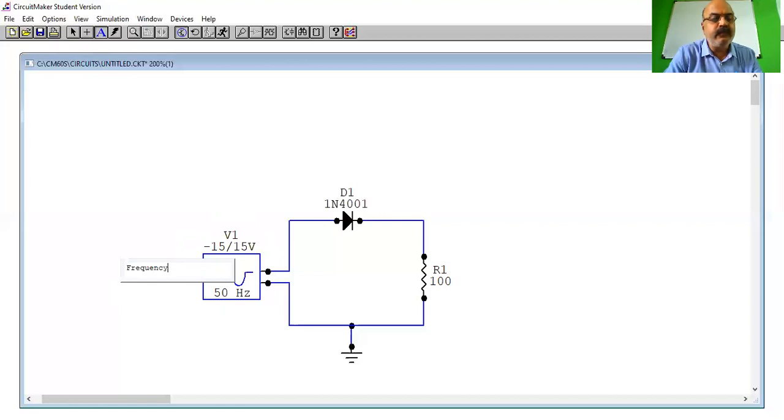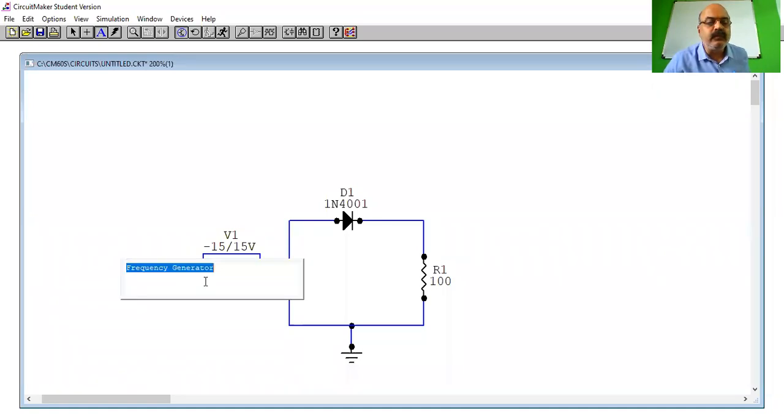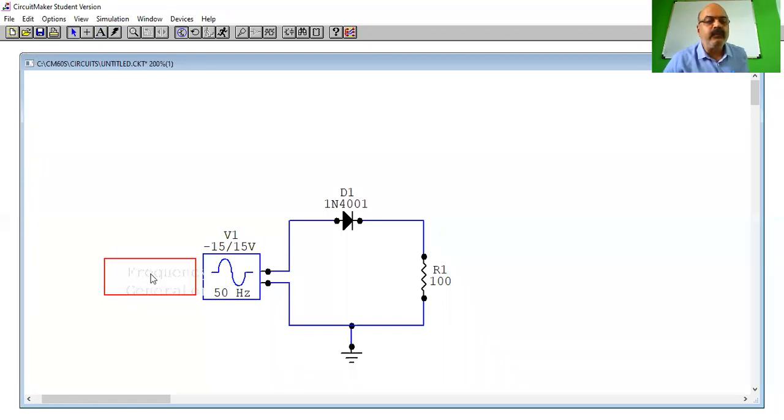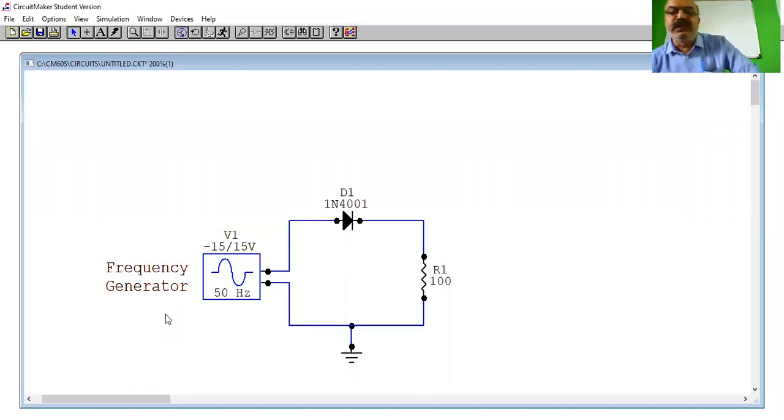Frequency generator. Yeah, I can give the name to this instrument, that it is a frequency generator.